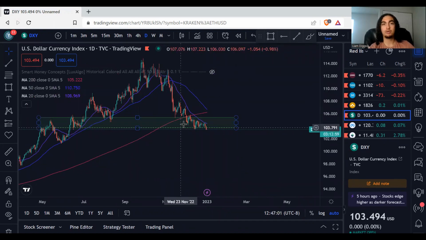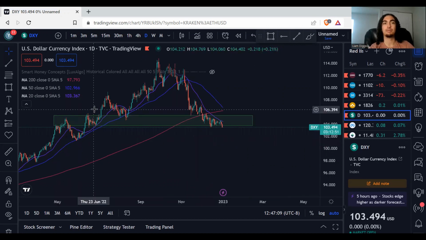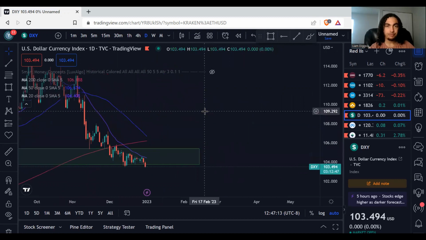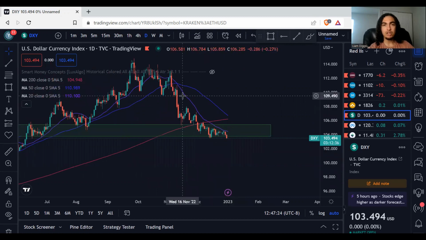We haven't broken all our moving averages. We just broke the 200 at the end of November. And I had this green supply zone drawn out. This was kind of an important area for price action to hold. Now we are just below it. We have this little tiny baby green candle coming in here, but that doesn't even really count yet. So we are just below it, kind of riding this purple line, which is our 20-day moving average,